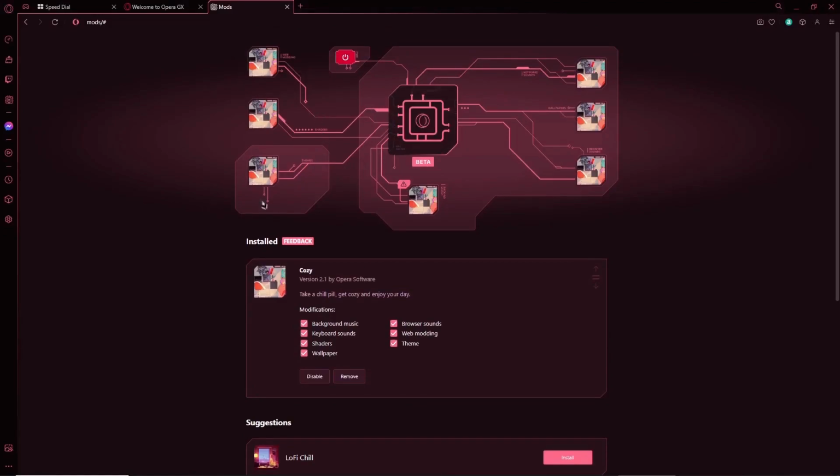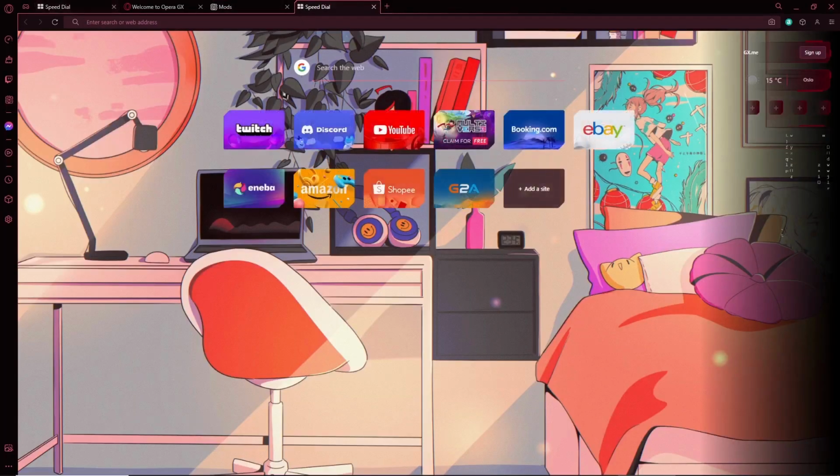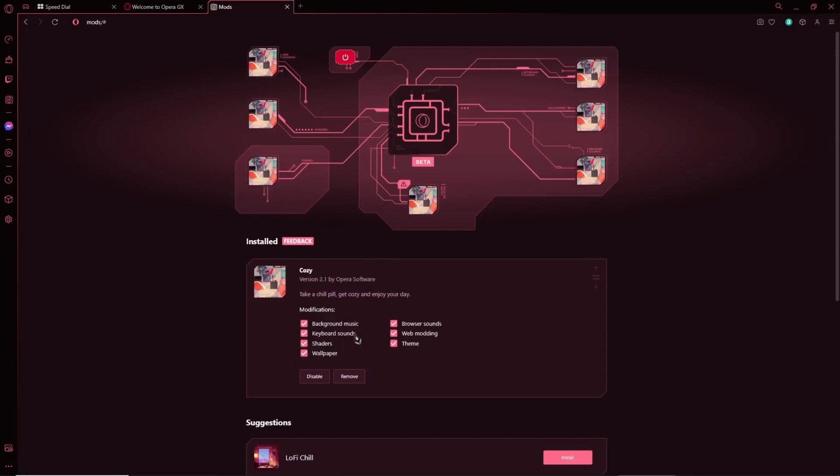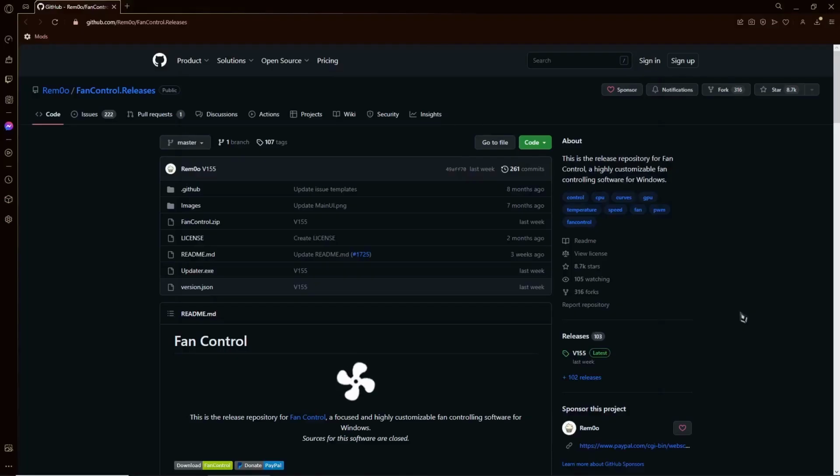If you're a girl, then I think you would like this. And notice this, when I open, there is a sound effect just like that because of the mod. But if you don't want that, you can remove it, right? Just clicking remove. The next one, number 2, is Fan Control by Remo, and you can get to this website